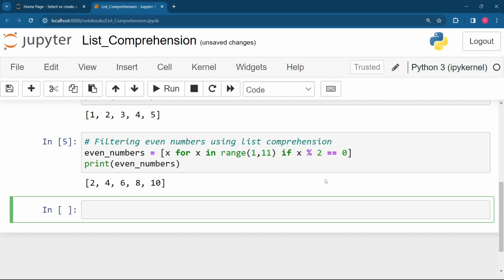Suppose same example, even numbers. I want to go for even squares, meaning squares of the even numbers. See what I will be doing. It will have some complexity. First thing, remember, go in this fashion. Suppose I want to traverse from 1 to 6. For x in range 1 to 6, I'm going in this way. And